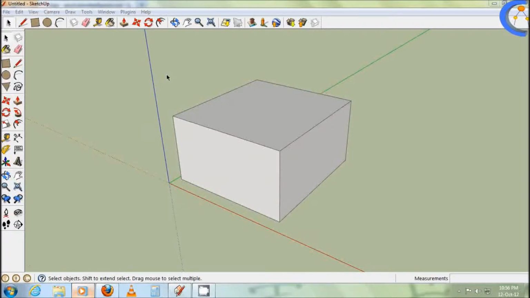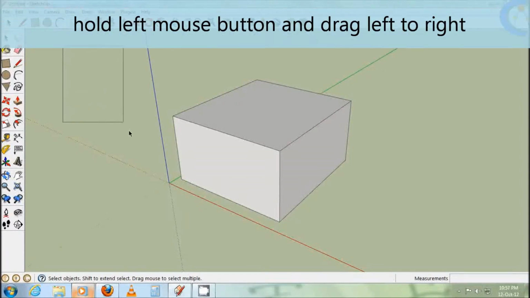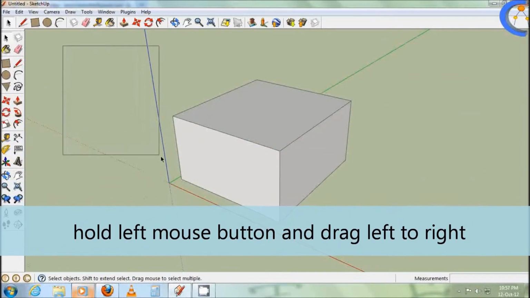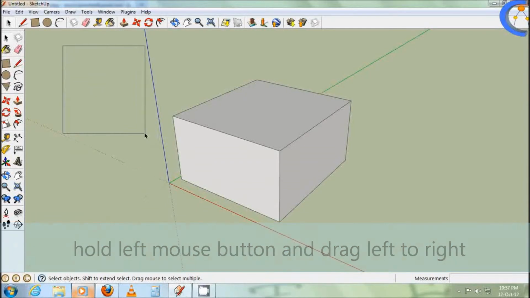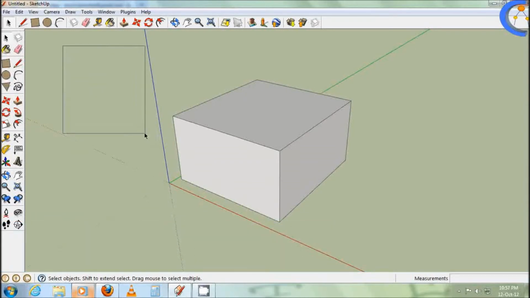As you can see, we have already drawn a cuboid and now we will perform selection operations on it by using different methods. Basically, there are two ways of selecting a group of entities. First is left drag and second is right drag. While performing left drag operation, you can notice that the box created while dragging has a black solid border. This indicates that you are using left drag operation.